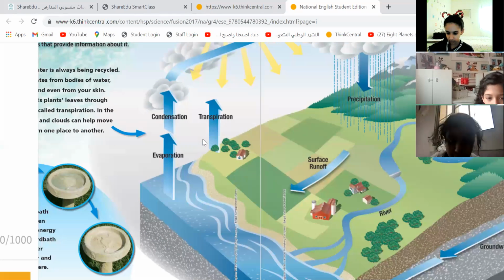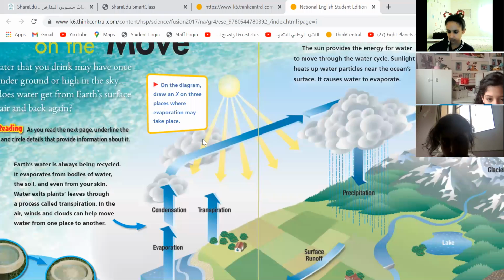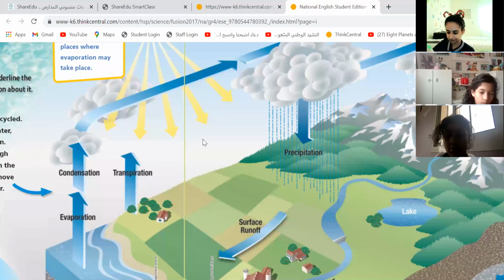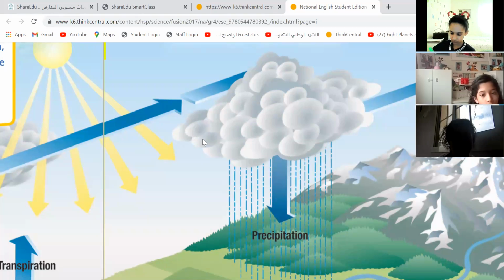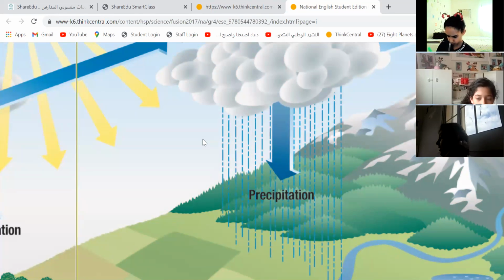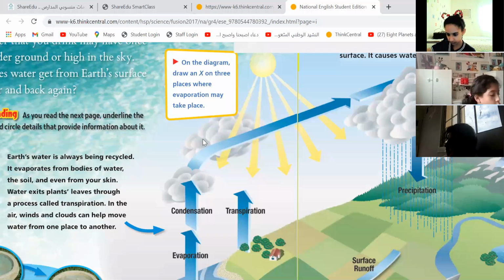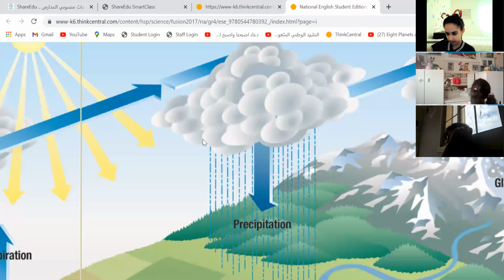After condensation, a lot of clouds will come together, join together. When they are big enough and heavy, what happens? Rain falls down. When rain falls down, we call it precipitation. So we have, first of all, evaporation. Water vapor will go up in the sky, making a cloud. When a cloud is formed, we call it condensation. When clouds are heavy enough and a lot, we have the rain, precipitation.